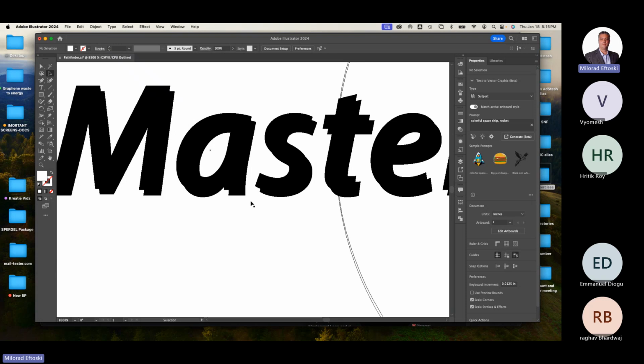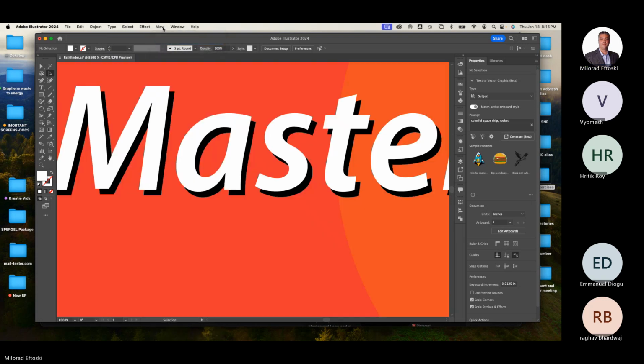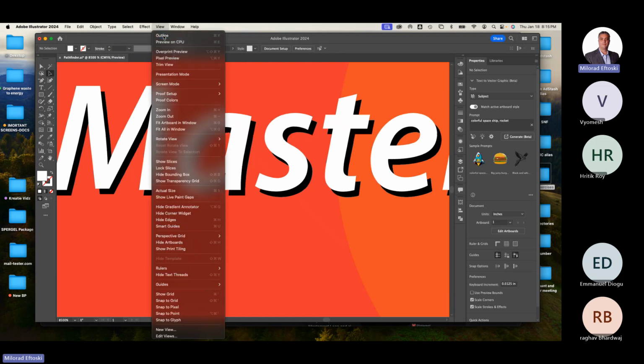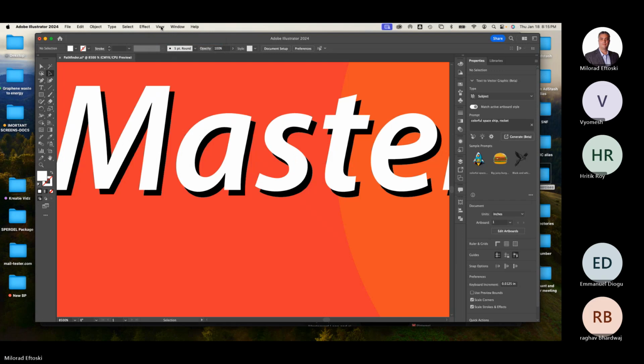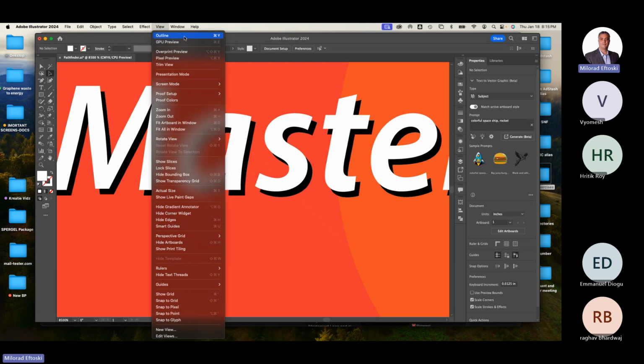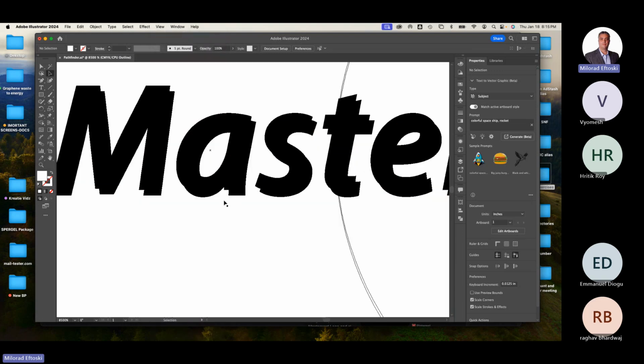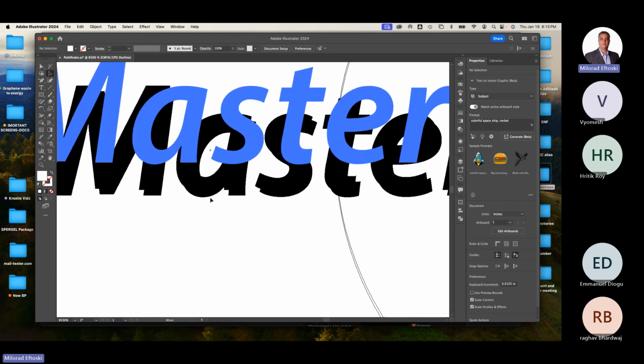You guys have glasses too. So press Command Y, it's like a switch, on and off. Under View, Preview, Outline. Use Command Y or Control Y. When you do that, you can easily then select only